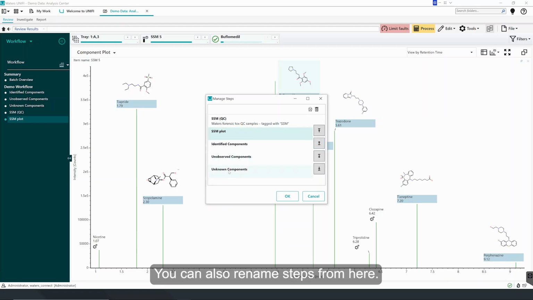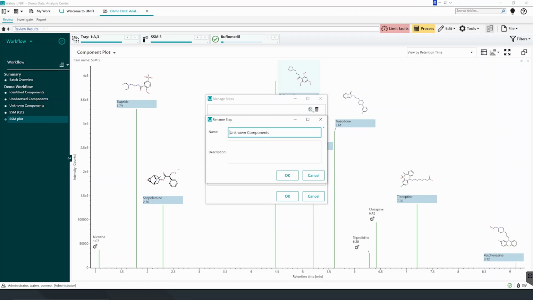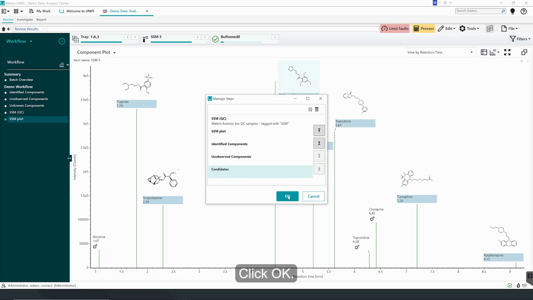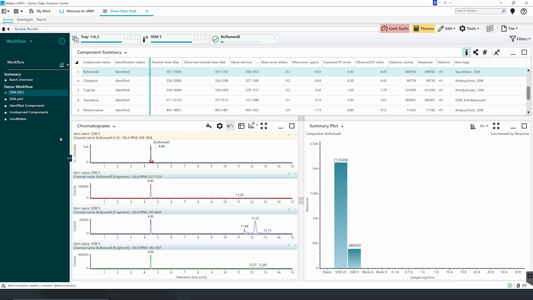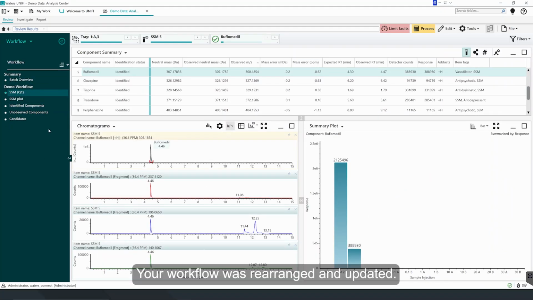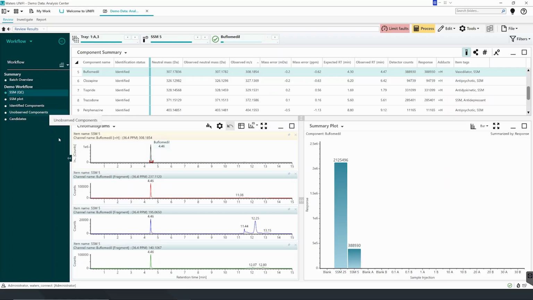You can also rename steps from here. Click OK. Your workflow was rearranged and updated.